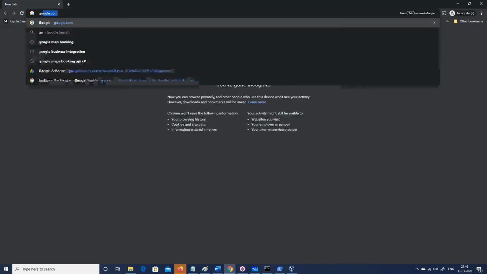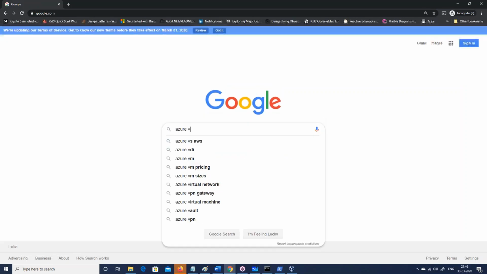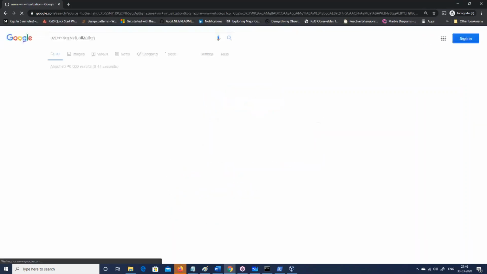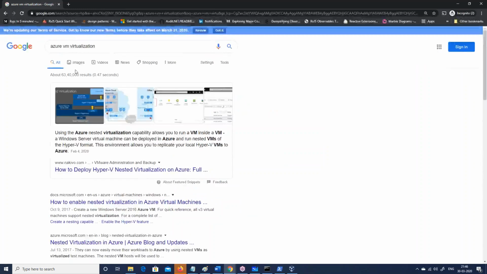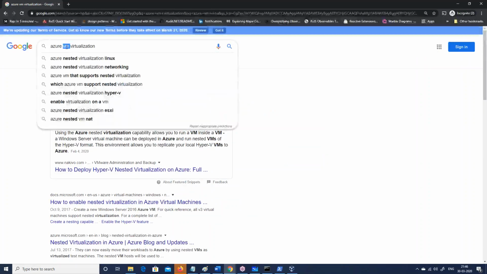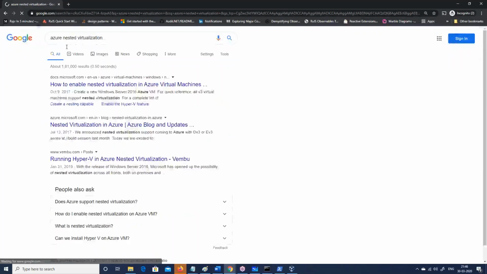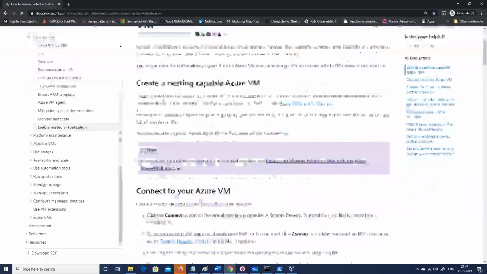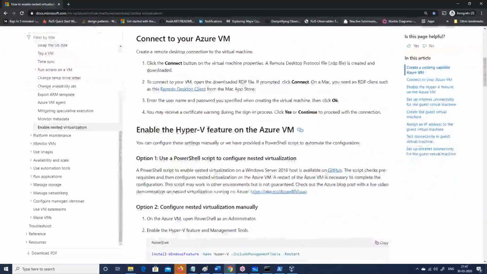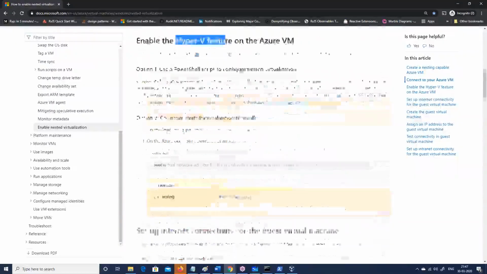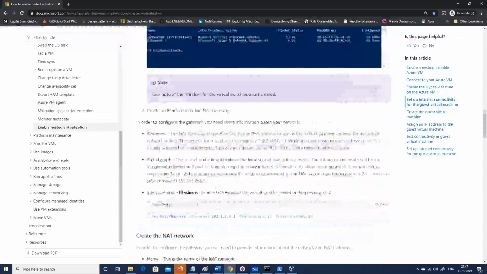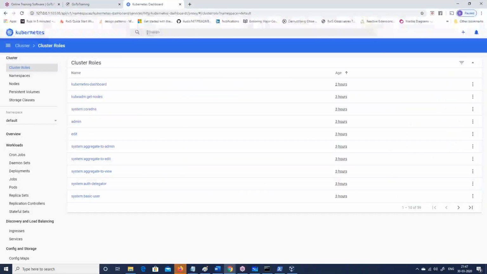What they suggested is that if you want to do Azure VM virtualization, they have something else, called Azure nested virtualization. I said I don't want to complicate today's lecture, and I left it. I did have a plan to do this, but I'm just giving you the reason why I didn't do it: it was too complex. It did not make any sense. But tomorrow we'll do the UX thing.